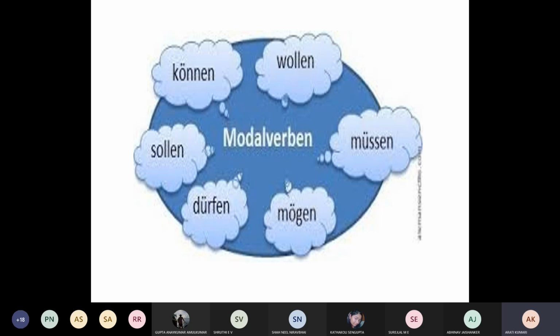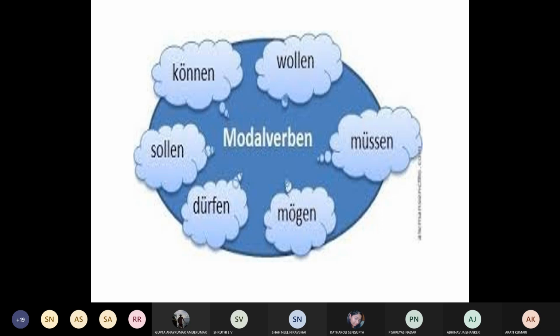But in German, what's the rule? First you put the subject, then you put the modal verb and conjugate it according to the subject. Then you put all the information you have to give, object, predicate, whatever. And in the end, you put the main verb in infinitive form. That's the rule that's followed. Write it down here. Then we start with the conjugation, sentences, exercises.